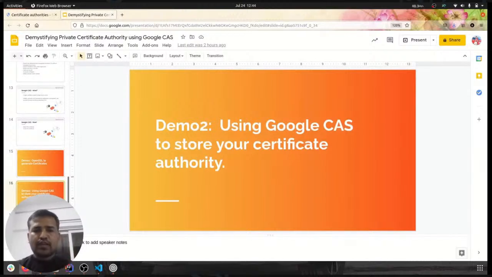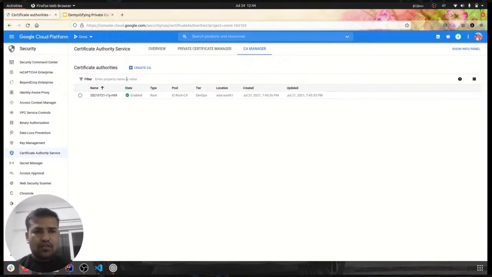It is about Google Cloud's Certificate Authority Service. So this is the certificate authority dashboard. I have logged into my account, and here you can see I'm in the Certificate Authority Service dashboard. I have already created a CA here by clicking on this button. Let me first walk you through these details.